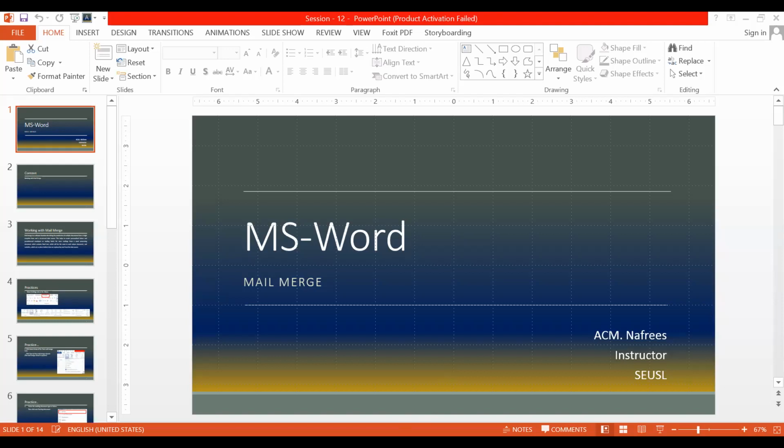How many subcategories are available under the mailing ribbon? Can anyone answer me?